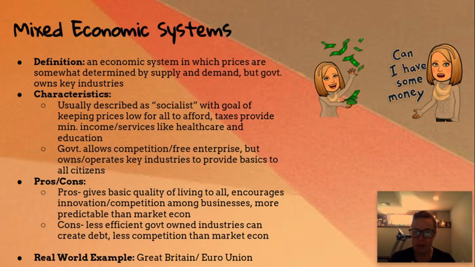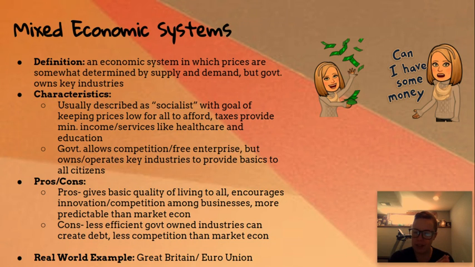So what ends up happening is you have countries that are going, traditional doesn't work for us because we're developed. I don't want to be command because I want people to be able to make their own businesses and their own choices. But market is too free, and that freaks me out. So they have kind of this middle ground that's called a mixed economic system. Basically, the government owns certain key industries like healthcare or education or whatever, and provides those as services to its people. But everything else is determined by supply and demand.